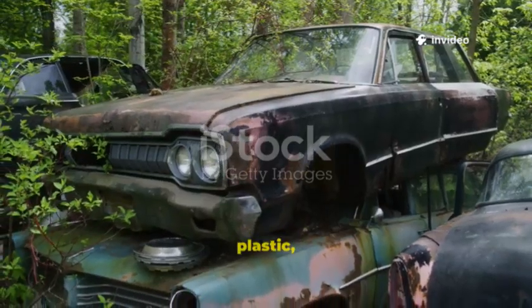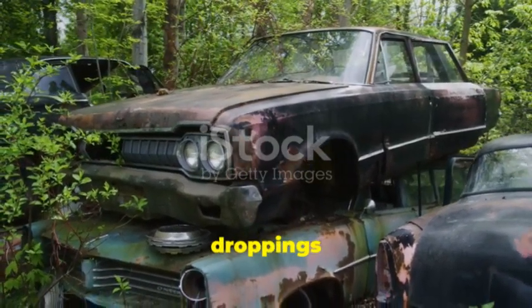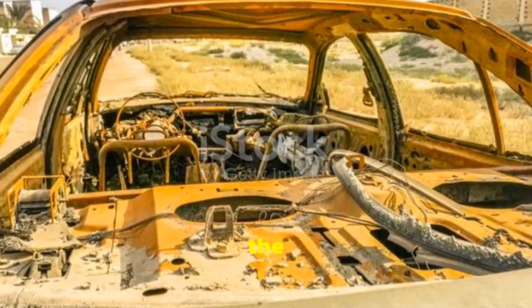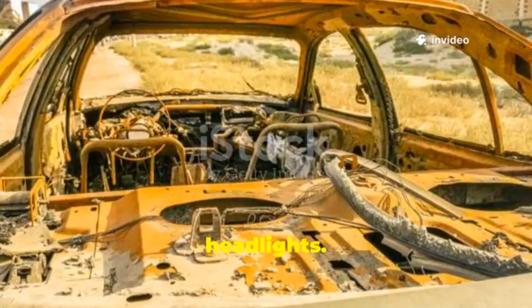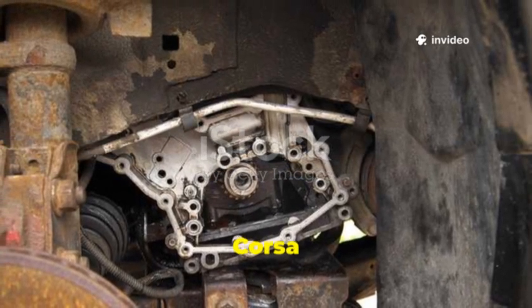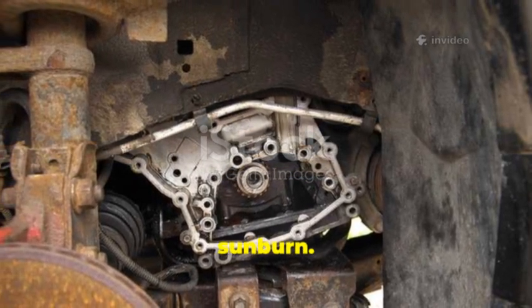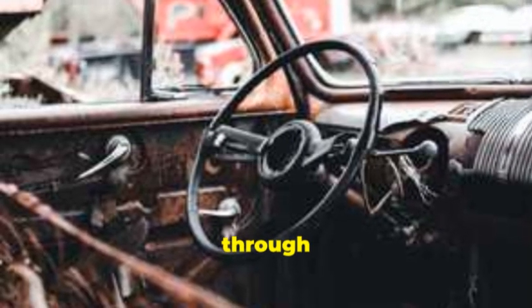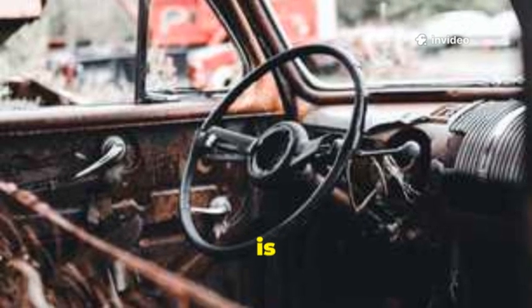Hiding under a sheet of filthy plastic caked in a decade of bird droppings and dust is a Ferrari Testarossa, the redhead, the icon of the 80s, all side strakes and pop-up headlights. Now its engine bay is a condominium for mice, and the glorious Rosso Corsa paint is peeling away like a bad sunburn. The famous open-gate manual shifter, which should be clicking through gears with satisfying precision, is frozen in place